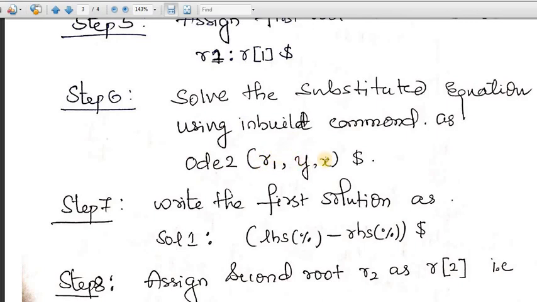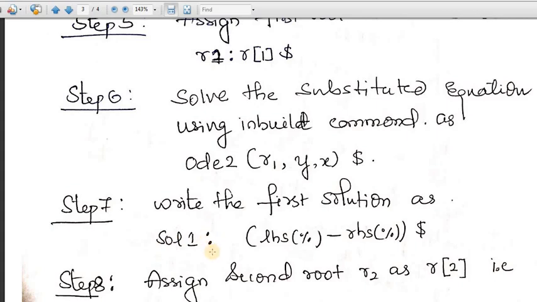solved with respect to y and x. This is nothing but dy by dx, so it is solved with respect to y and x. This command is used to solve the given differential equation. What is that? r1. Next we have to write the first solution with respect to the first root like this: